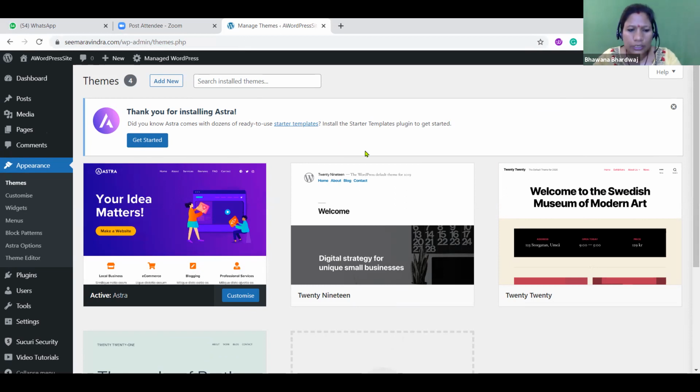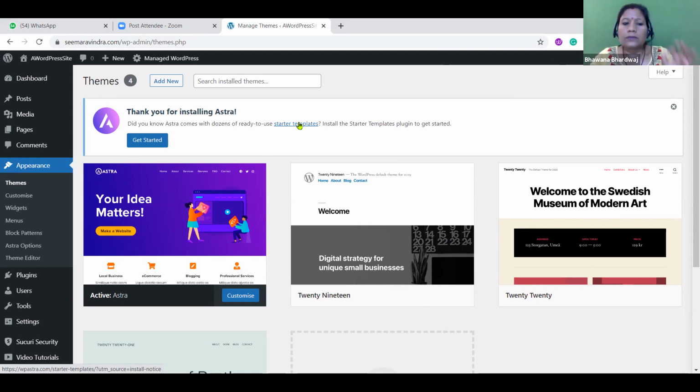Yes, you can click on that get started because we are creating a theme. Astra is a collection of other themes. So you can see that starter template. Can you see that ready to use starter template? Do you know Astra comes with a dozen ready to use starter templates? It may be possible that as soon as you install Astra, the starter template gets installed by default, and you will see that starter template under the appearance.